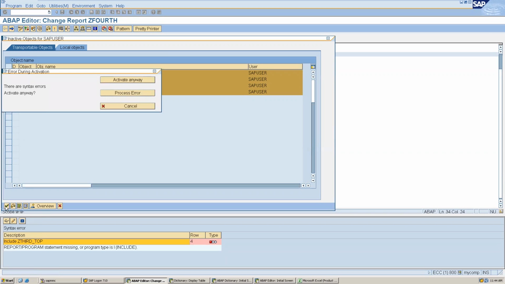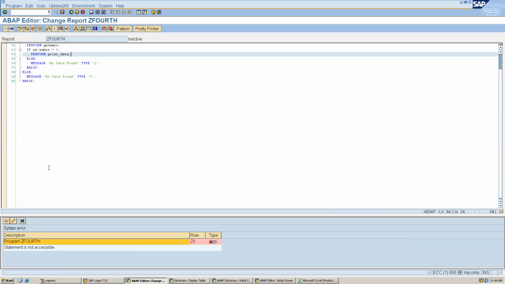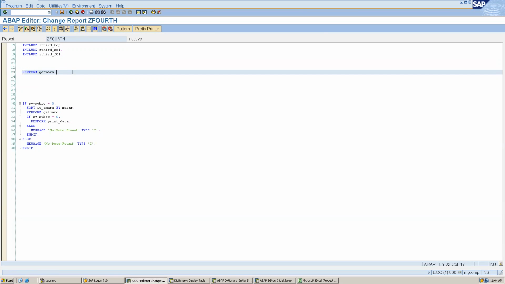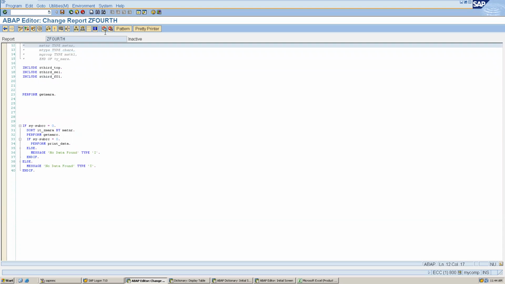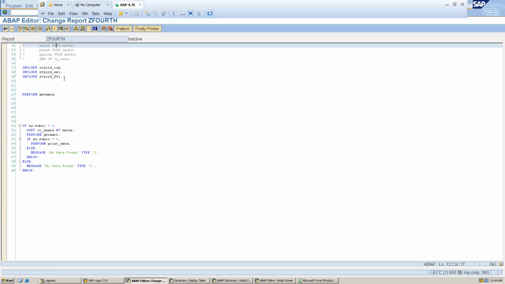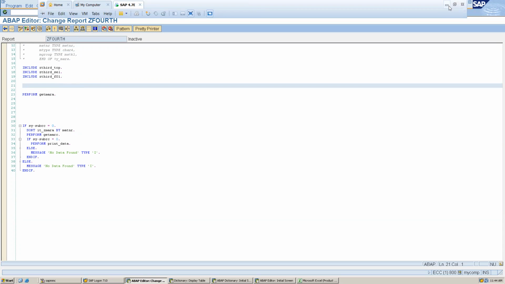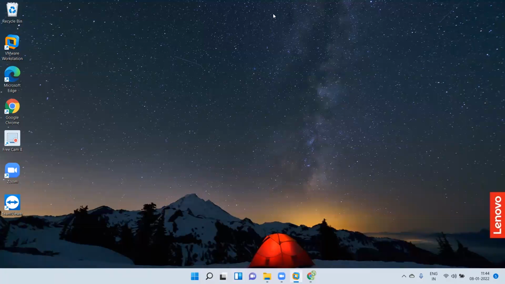I am activating. There is a syntax error. What do we have? Okay, so we cannot activate this, and I believe we have to join another meeting, and then I will tell why. We have to now use events. We have different events. Let's join another meeting because it is a large topic. Please join another call. We have only 1 minute remaining. Okay, guys, let me stop the recording.